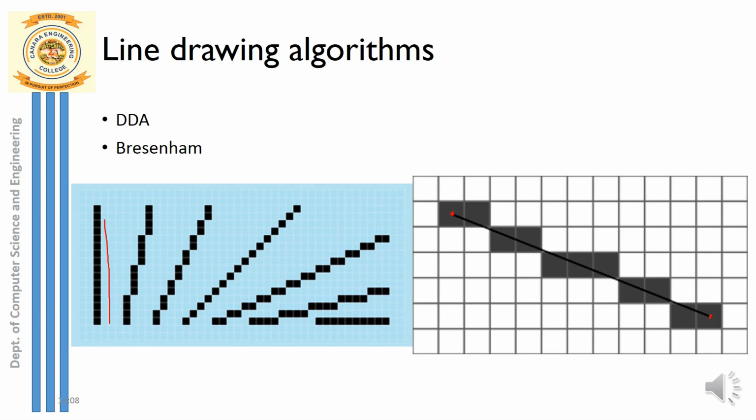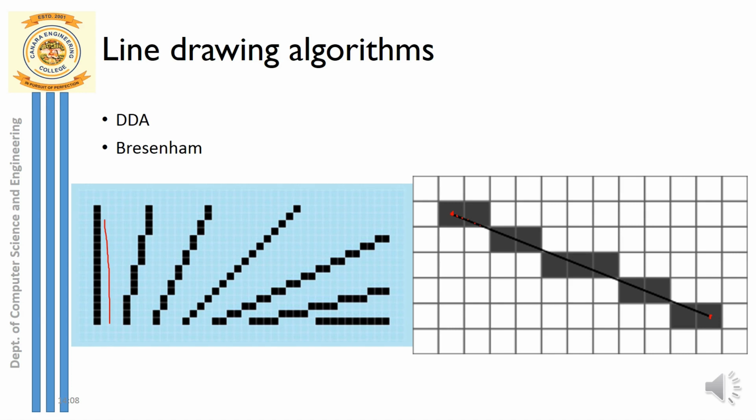And in between these two endpoints, in order to get a smooth appearance or to draw a straight line, I need to select multiple such points. Multiple such points between these two endpoints should be rendered. So how do I generate all these points? That is by selecting suitable pixels.